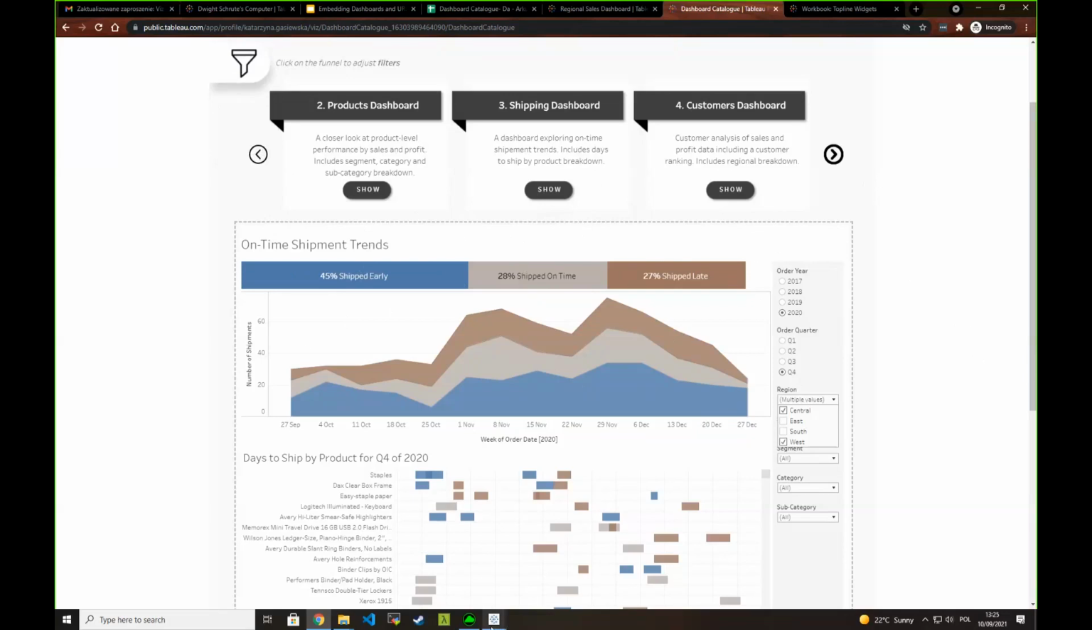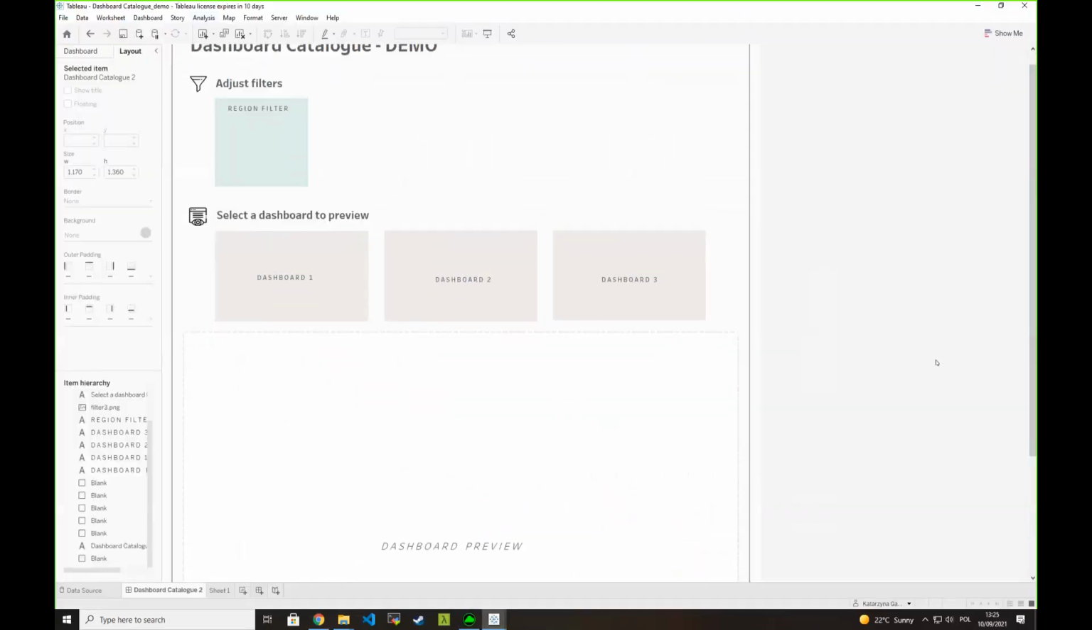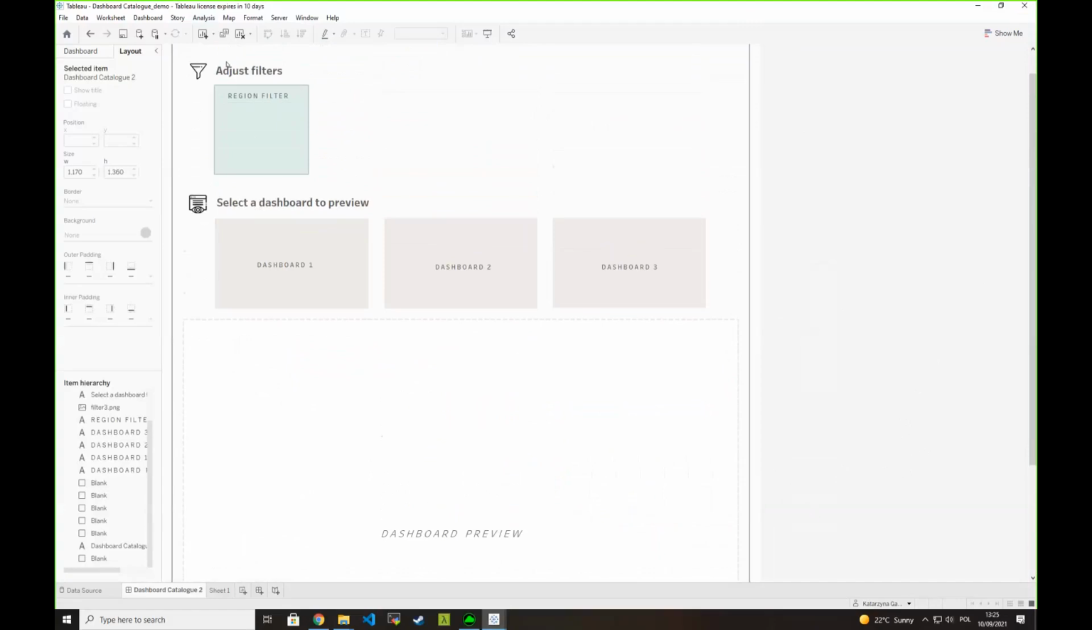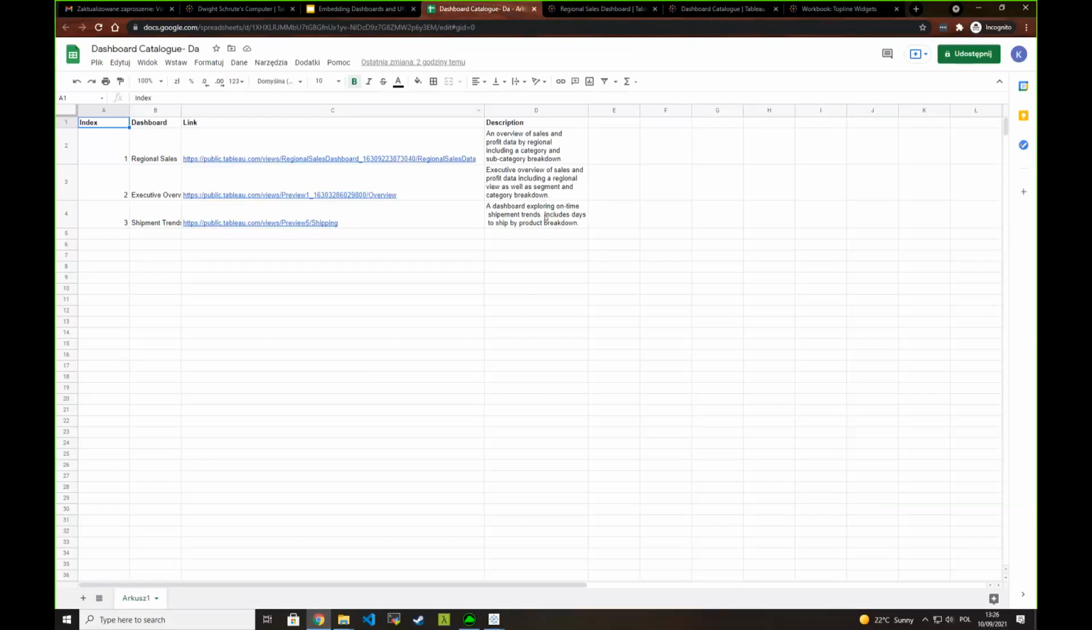So I thought that it could be a good idea to try to recreate this, but in a very simplified version. So this is where I've created this framework here. It's just a very similar framework to what we've seen before. But then here we will be only creating a region filter, and we will only select 3 dashboards in here for preview. So let's start with the data that you will need for this project. So I have this saved in here in Google Sheets, only because I don't have Excel on this computer, but obviously you can use your